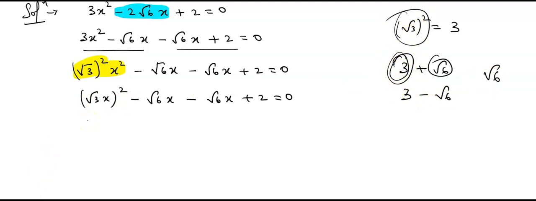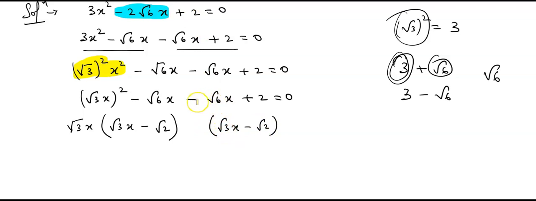Now we can see here root 3x whole square. So I am going to take one time of root 3x as common. Whole square means one more time of root 3x will be there. So root 3x into root 3x becomes root 3x whole square, minus root 3 into root 2 is root 6. Already this x is out. So what is there in the bracket? Let me write that as it is, that is root 3x minus root 2.